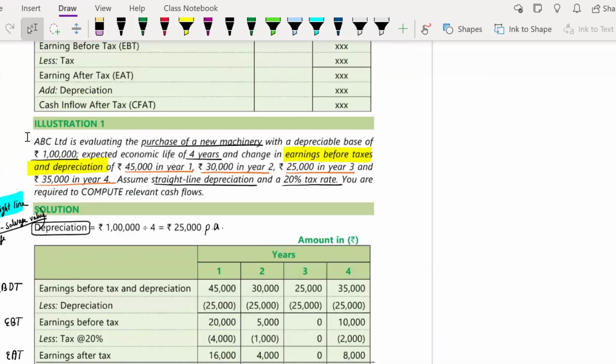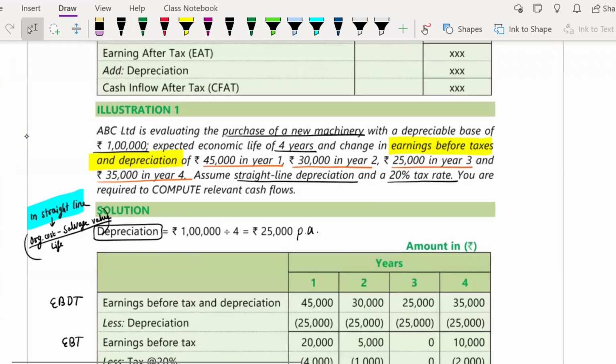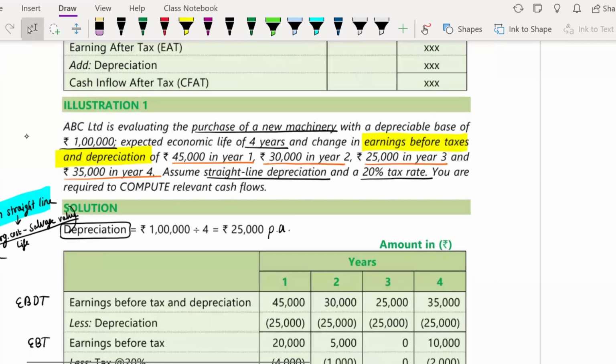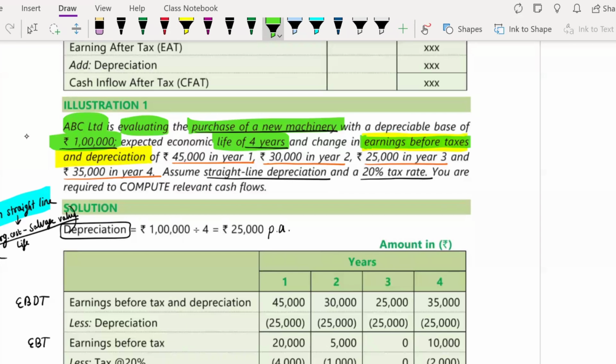So illustration number 1. Here we are saying there is ABC Limited, and ABC Limited is evaluating the purchase of a new machinery. So ABC Limited is thinking, should I purchase a new machinery or not? The new machinery has a depreciable base of 1 lakh rupees. So the total depreciation of the new machinery will be how much? 1 lakh rupees. And the life of the new machine is 4 years, and the change in